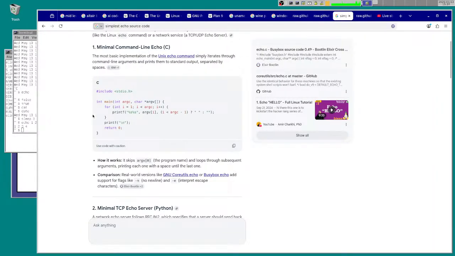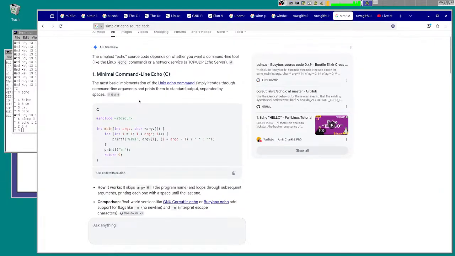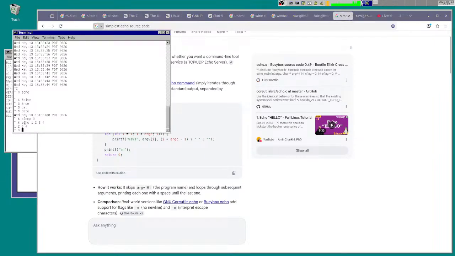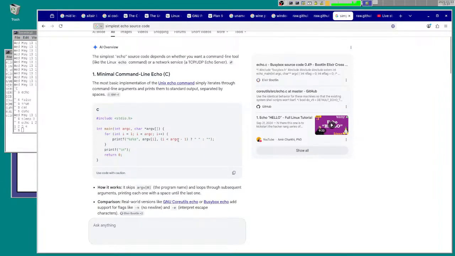So this is kind of the simplest possible echo program. First of all, I'm talking about echo like you would type here. Actually, I think an AI wrote this.